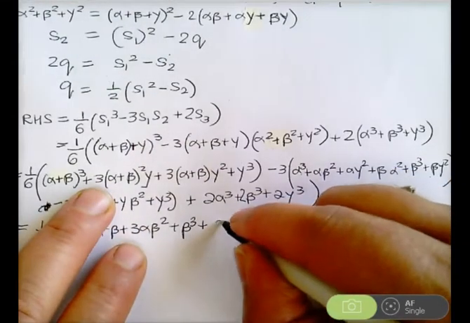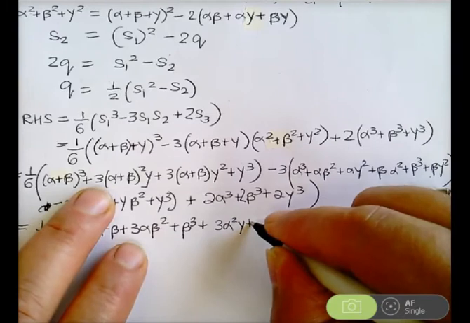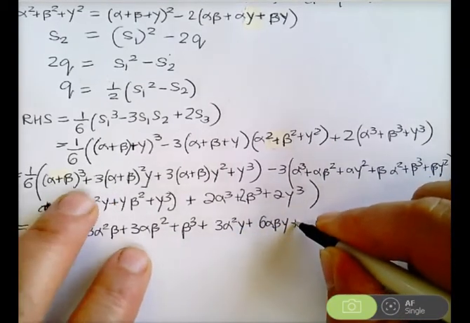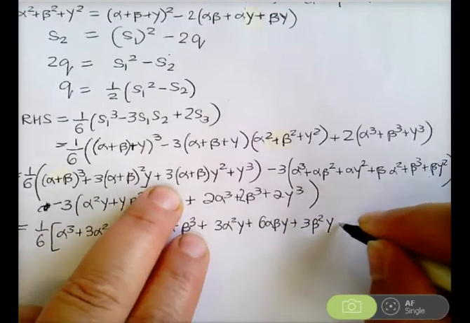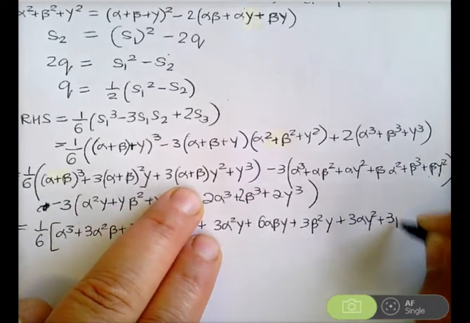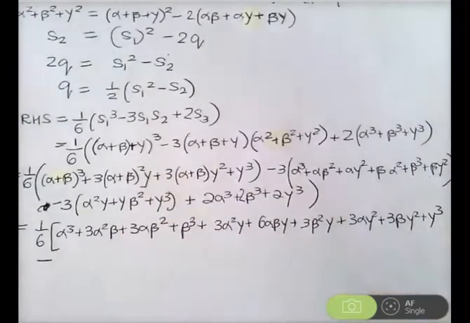So it'll be 3 alpha squared gamma plus 6 alpha beta gamma plus, isn't it, 3 beta squared gamma plus 3 alpha gamma squared plus 3 beta gamma squared plus gamma cubed minus,